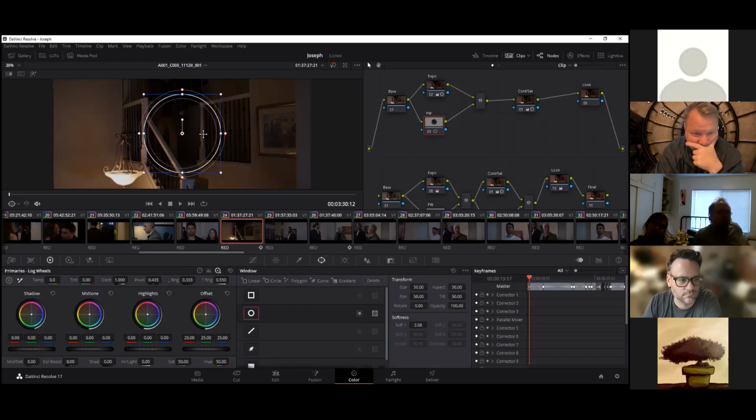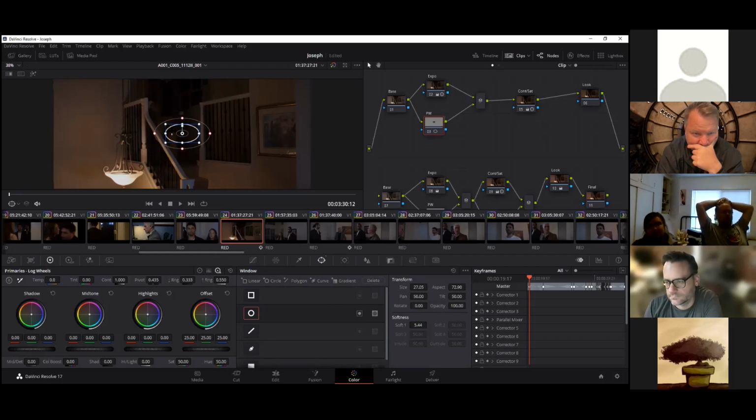It gives us a nice window, and we can manipulate it any which way, change the size. These red points are the softness. So I want it pretty soft. I'm going to try to get almost the same dimensions as the light in question. And once we've got that size filed down,